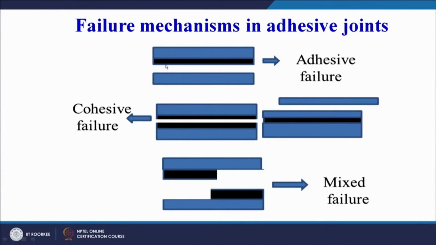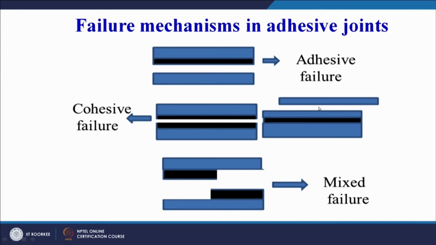So friends, in our previous slide we have seen what the types of adhesive joints are. Now let us try to understand the failure mechanisms in the adhesive joints. So we can have an adhesive failure. These are the two adherents, the blue color, this is adherent 1, this is adherent 2. In between the black layer depicts our adhesive. Now we can have an adhesive failure in which the adhesive has failed, or we can say the bulk failure of the adhesive has taken place. So that is the adhesive failure. The second is the cohesive failure in which either the adhesive has failed or the adherent has also failed.